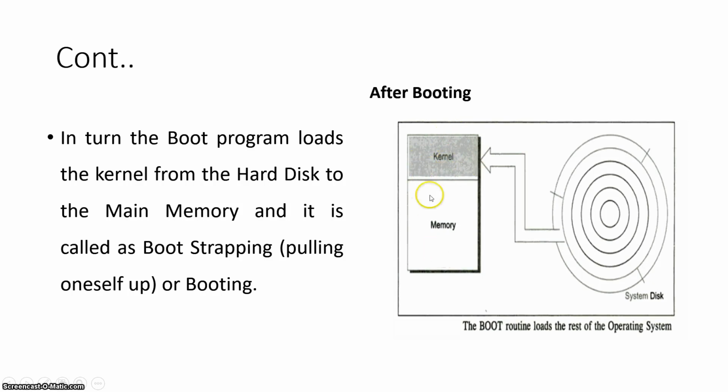This part is used for your application programs. Normally your main memory is divided into two parts. One part is for your operating system. The other part is for your other application programs. The operating system part must not be disturbed by the user. Only the other part will be used by the user. After loading your operating system, it will start the regular routines.